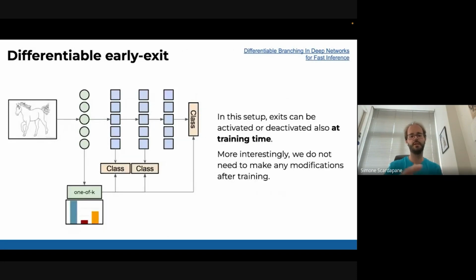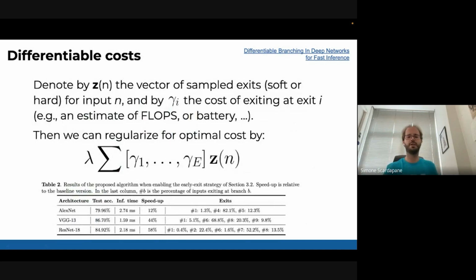But here we can do that because this is part of the neural network, so we can actually regularize it a little bit. And in particular, maybe it's a little bit hard to read this part. I still need to improve it a little bit. But imagine that Zn is the exit that has been selected by the neural network for a certain input, and the input is n.